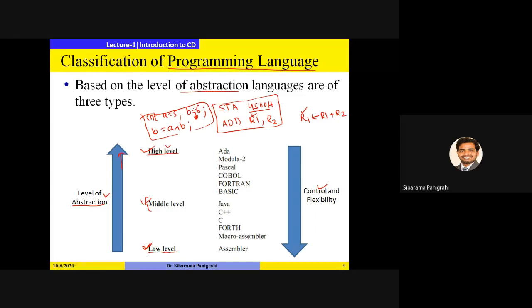The middle level language like C supports operations at bit level, that is, the bit fields we have studied in structures, where we can operate at bit level. Languages which support the features of both high level and low level languages are termed middle level languages.